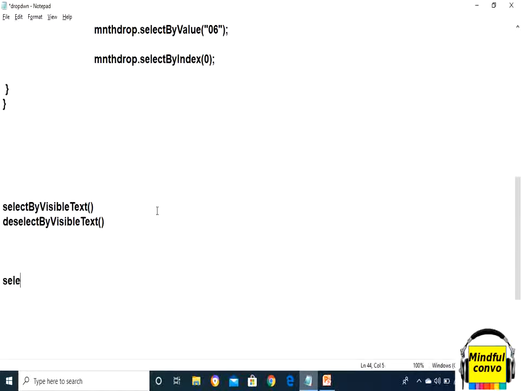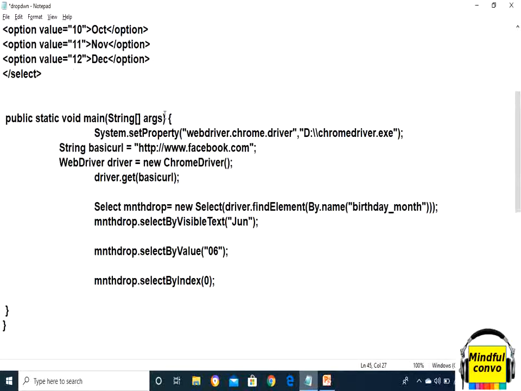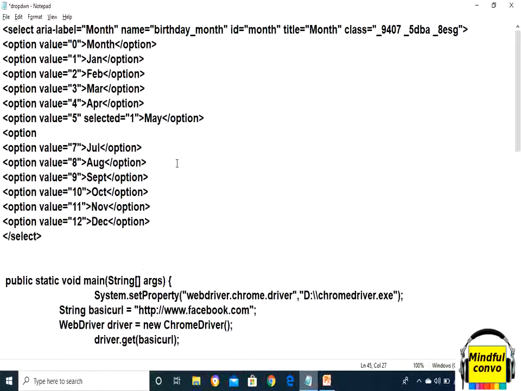Now our next method is selectByValue with parentheses, same as deselectByValue with parentheses. It also takes parameters. We can write parameters here. As we know, see the parenthesis here, I think there is some addition in this text.